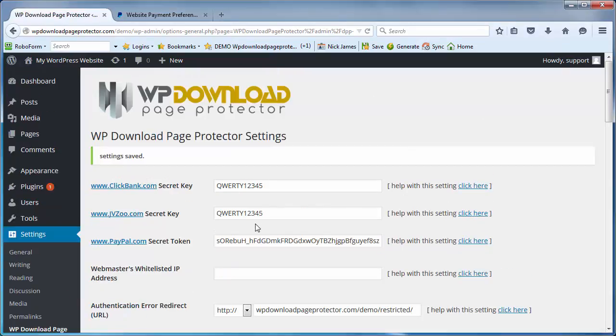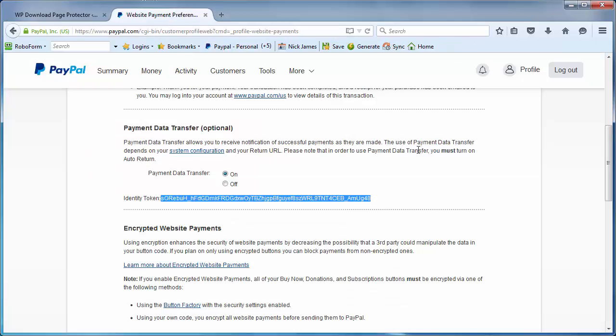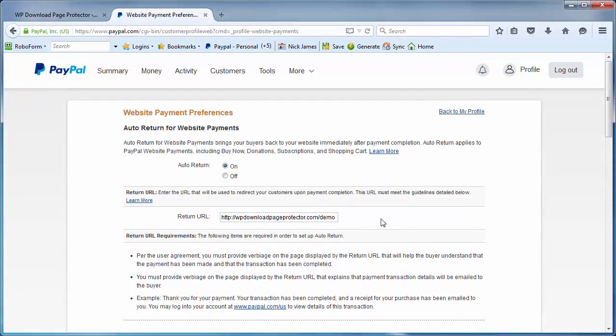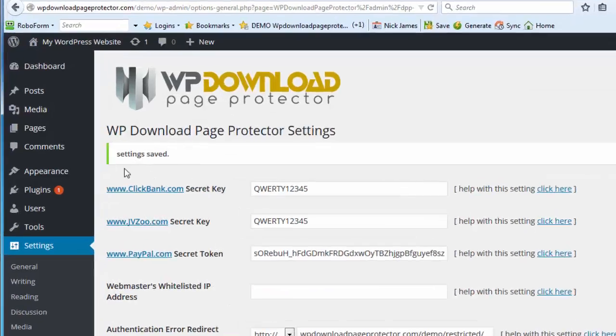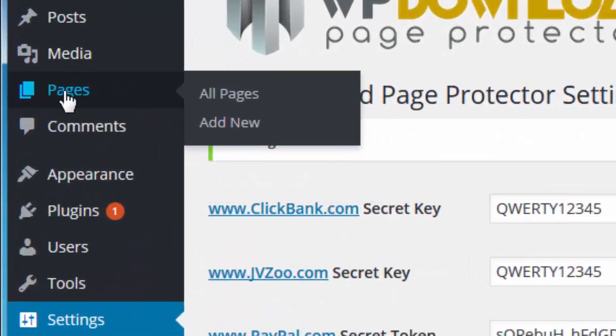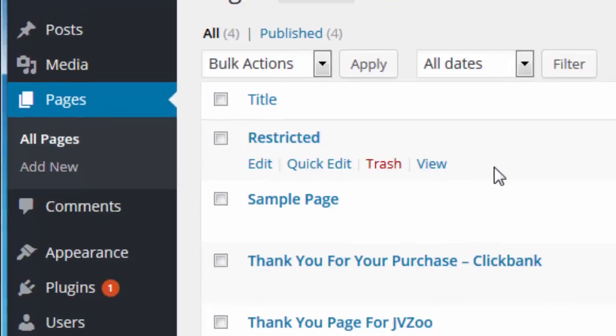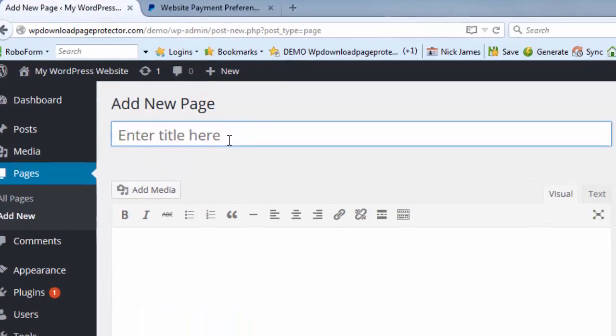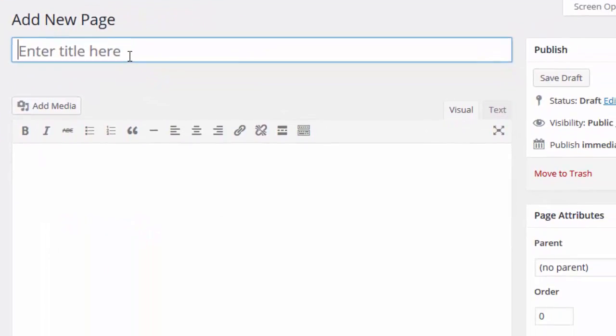Okay, so now we've done what we need to in the settings of PayPal. That's absolutely fine. What I'm going to do now is just leave that page loaded just for a moment, as I'm going to go and create a page within the WordPress site for a thank you page for PayPal. So just go over to Pages here. We'll go to Add New, and as you know, you need a different thank you page for each payment gateway. So what we'll do is we'll put in here a thank you page